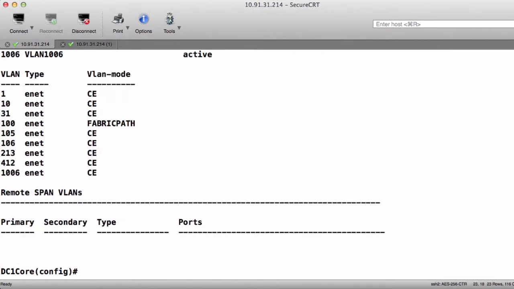I will also see that when I take a look at the VLAN and the type and the VLAN mode, there are quite a few VLANs that are running in CE mode or classical Ethernet mode, and this VLAN in particular, VLAN 100, is running in FabricPath mode. So I know that my changes took effect. The next thing I need to do is go to the particular interfaces that I want to use to run FabricPath on. In this case, it's interface